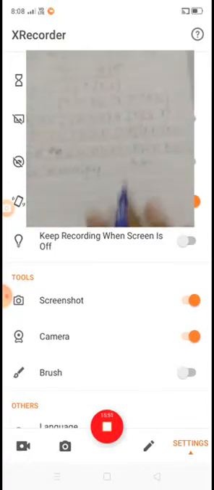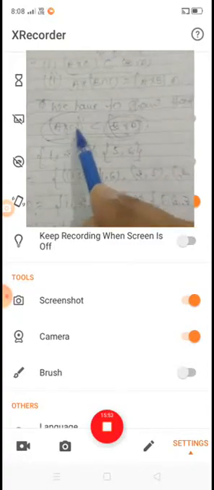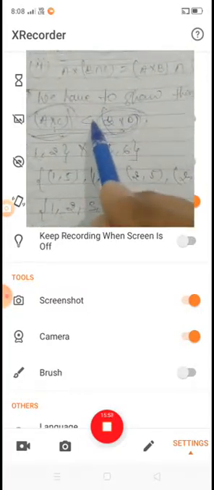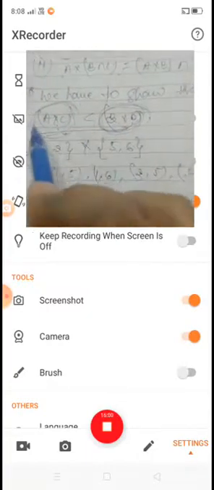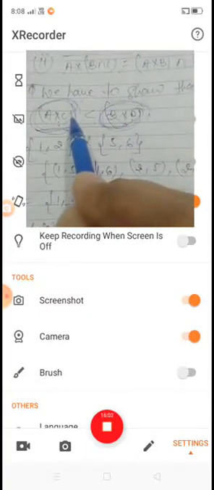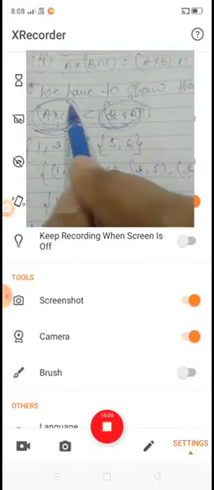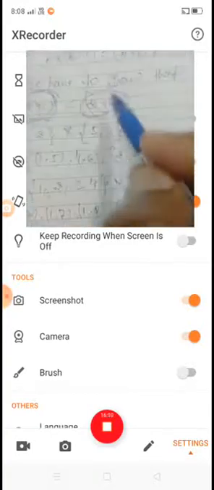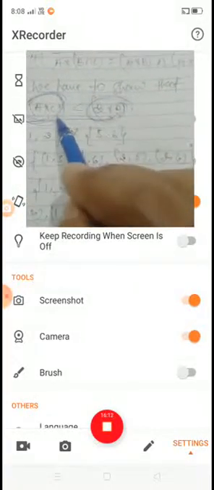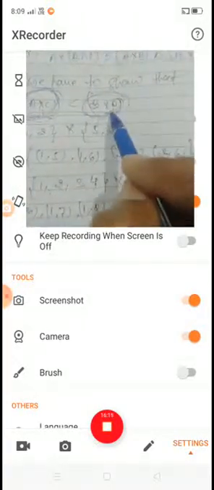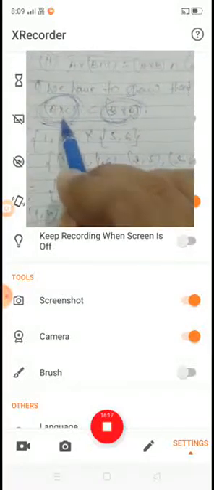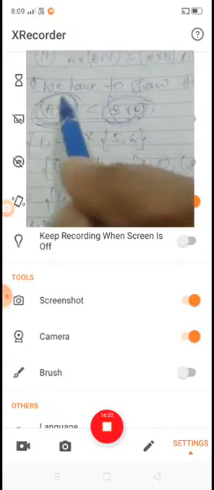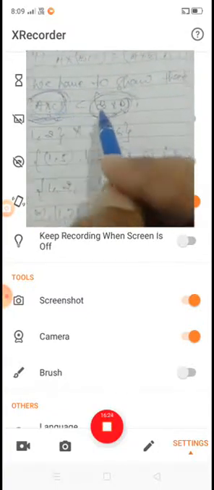Okay, now thus we observe that what we have to show is that A cross C is a subset of B cross D. It means that B cross D contains A cross C. It means that all the members of A cross C are in B cross D. If B cross D contains all the members of A cross C, then we can say that A cross C is a subset of B cross D.